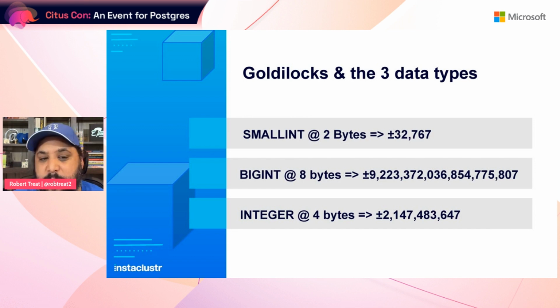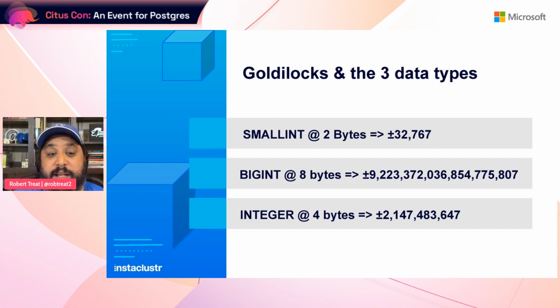It revolves around the three different data types that are traditionally used for storing numbers. There are a few others like floats and numeric, but primarily when people want to store number type data, they look at these three types. The smallint, which is a 2-byte number, goes up to 32,000. They usually decide that's too small. They'll look at a bigint, which is 8 bytes and goes up to about 9 quintillion, give or take. And they decide that's too big, and a much wider range than they'll ever need.